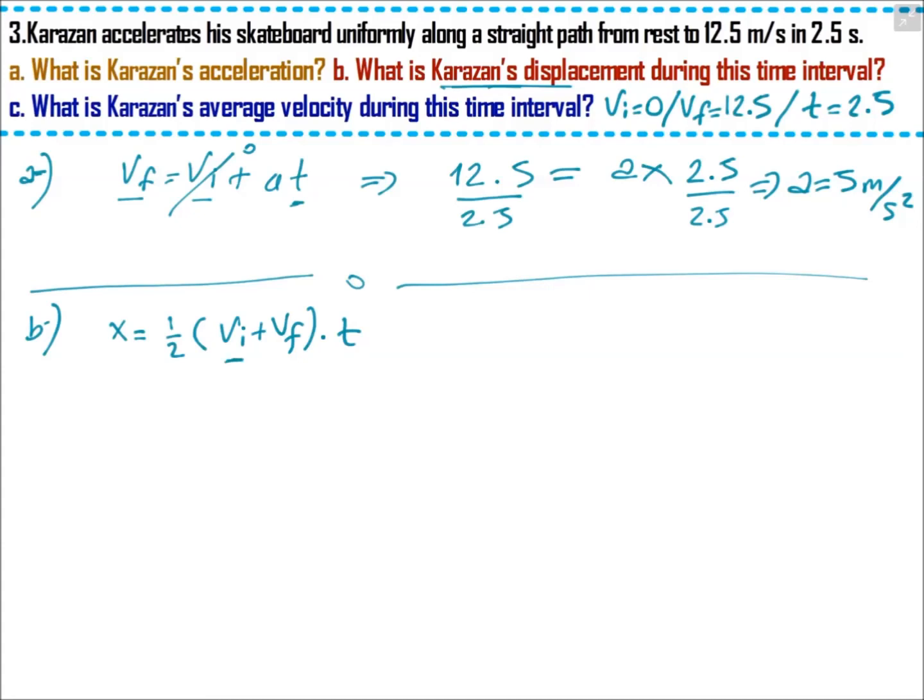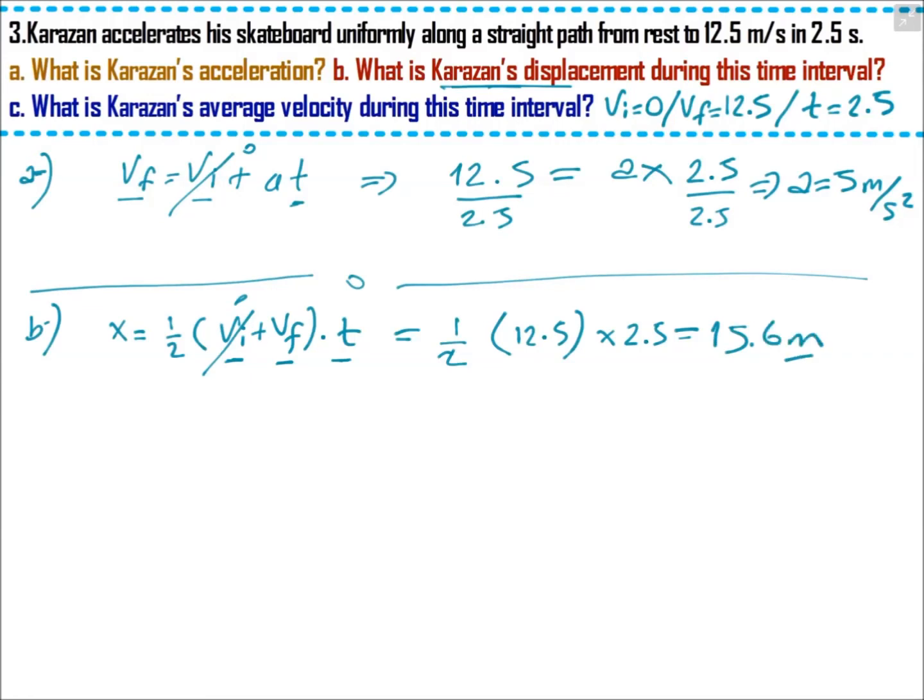Initial velocity given, final velocity given, and the time given. So I can use this formula, which is equal half parentheses initial velocity is 0, so I will not write it down here. Final velocity is 12.5 multiplied by the time, which is 2.5 seconds. Result of this equation